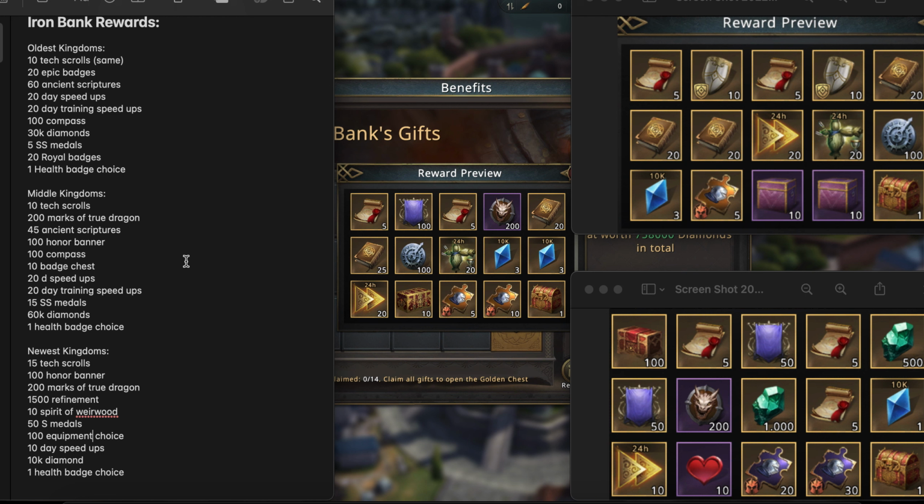You also get 100 honor banners. You don't get any honor banners up here, so if you don't have your Glory Castle completed, then you might want that Middle Kingdom one more. You get 10 badge chests, so if you don't quite have all of your badges done, you might want those badge chests. You don't get any normal badges in the kind of oldest kingdom's one, but the trade-off is that